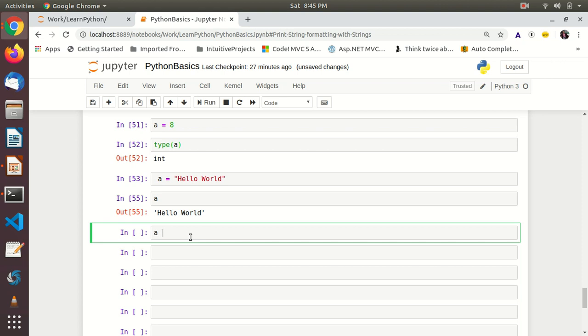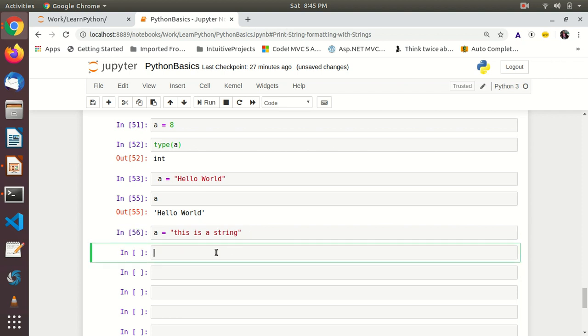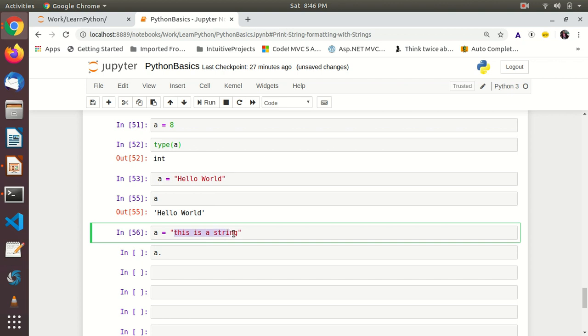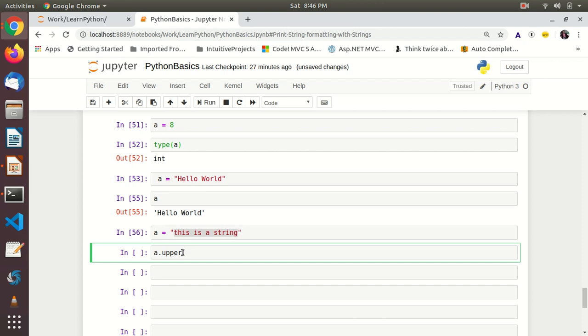I'm going to create a new string. This is a string. Now quickly check what inbuilt methods are provided by Python on a string data type. A dot, then press tab. You will get all the available methods. We are going to see some of the very useful methods. Let's say I want to make this string uppercase. For that, upper. If you directly type like this,